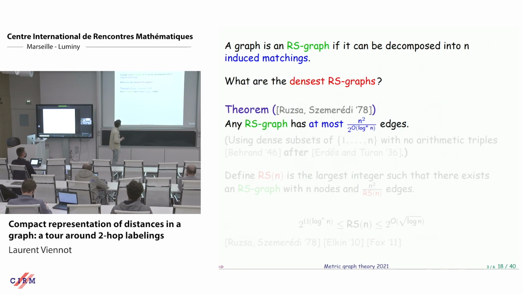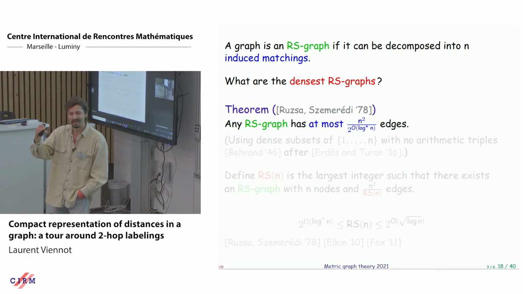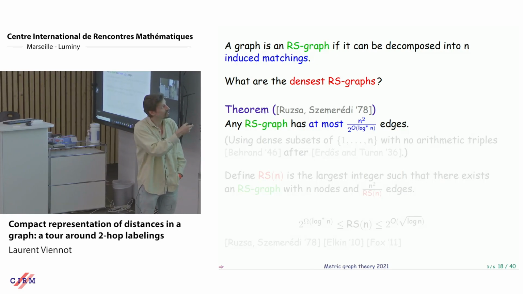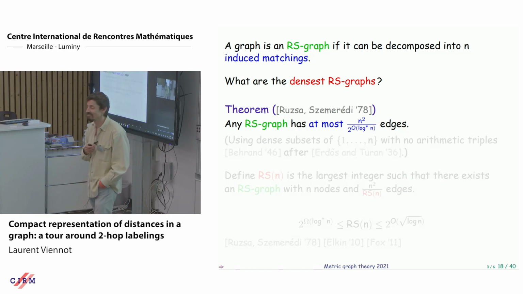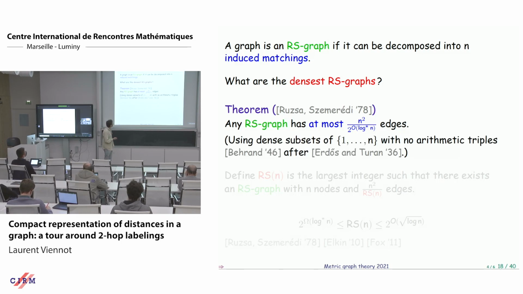Okay, and what they show is you cannot reach n squared edges. You cannot go up to something proportional to n squared. They show that there is a slight difference. There is a 2 to the log star n factor. So a very small factor, growing very slowly, but you cannot reach n squared. And their argument is to use the existence of a dense set of integers with no triples in arithmetic progression.